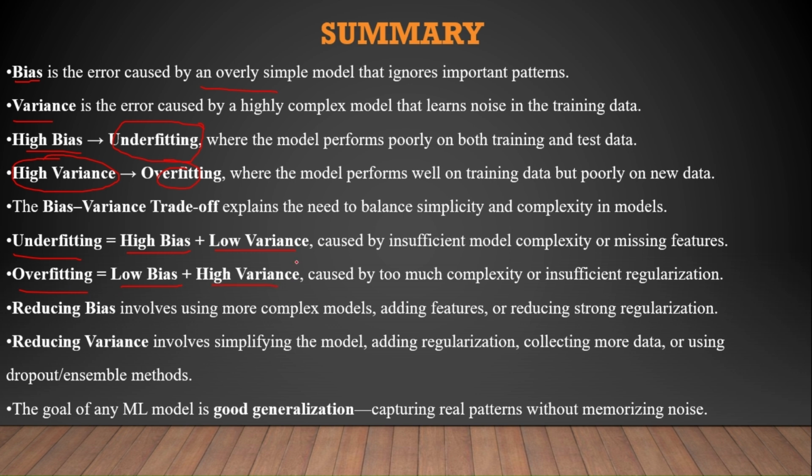So how is it caused? By an overly simple model, insufficient complexity, or missing features, or by too much complexity or insufficient regularization. How to reduce the bias? Reduce bias with a more complex model, adding features, and reducing strong regularization. Reduce variance by simplifying the model, adding regularization, collecting more data, using dropout, and